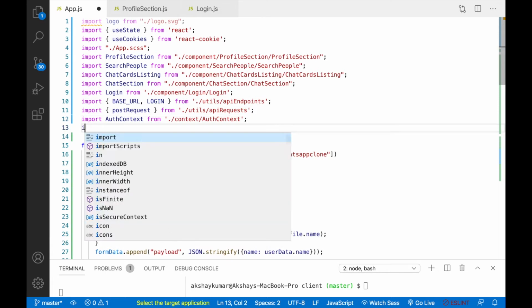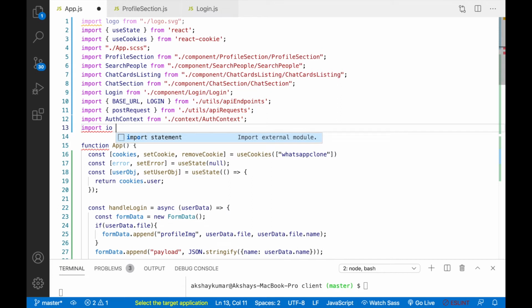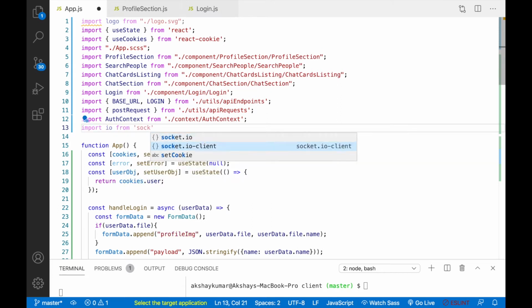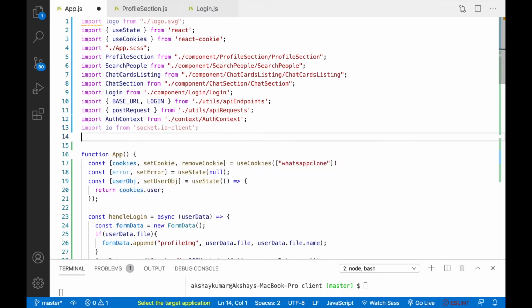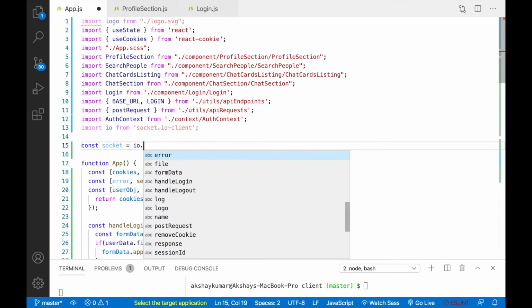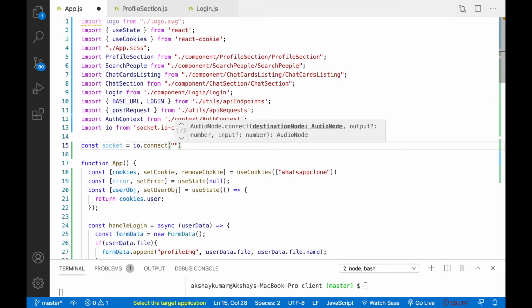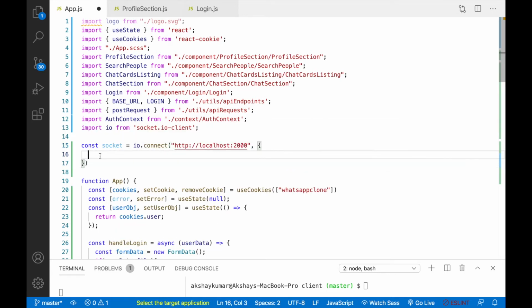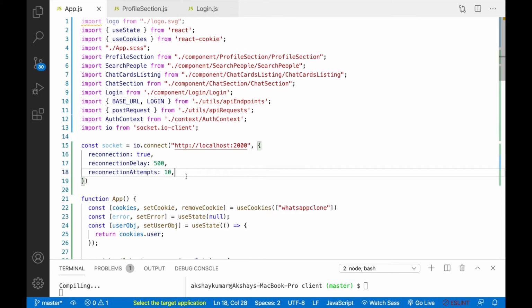We'll write import io from socket.io-client, and after this we'll write const socket equals io.connect. Here we'll pass the connection URL, that will be http://localhost, the port will be 2000, and here we'll pass some configuration. So now we have this socket.